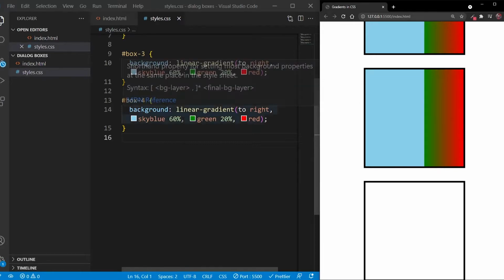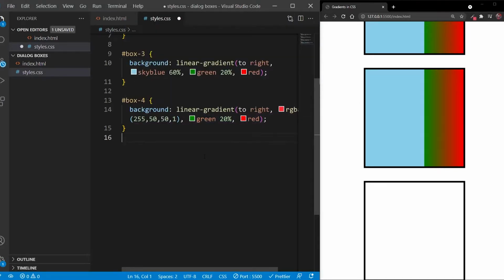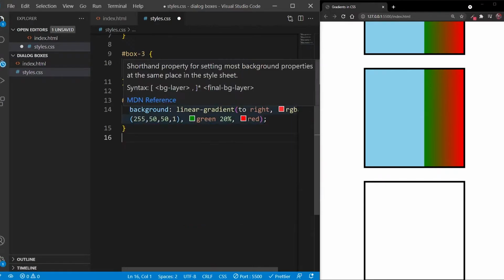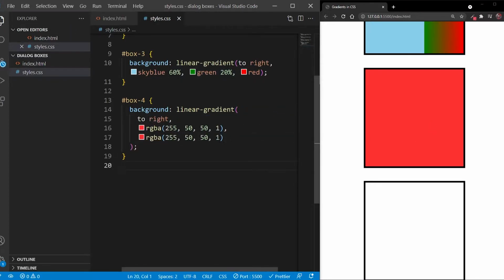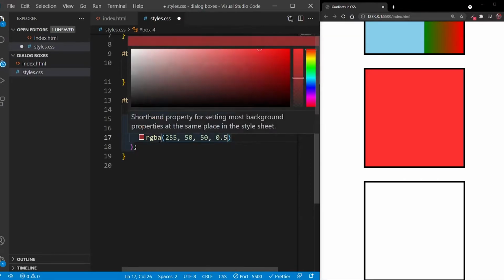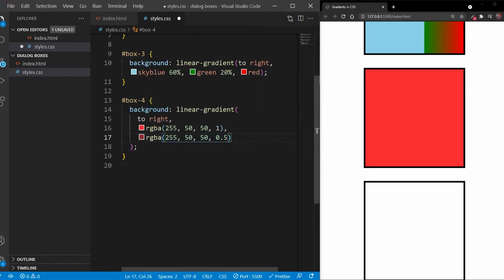And now I will paste the RGB color value. And we are starting from a red color. And then we want to move to the red color, but we want the opacity to only be 50%. So I'll use the alpha value for 0.5. So you see we start from the dark shade and we move to the light shade.